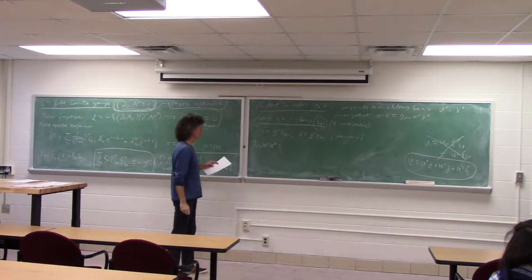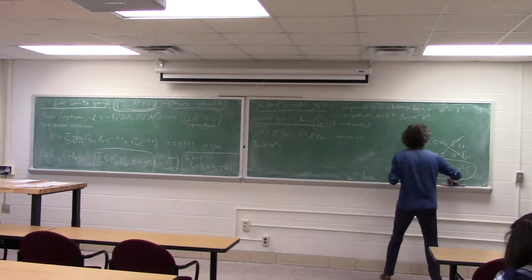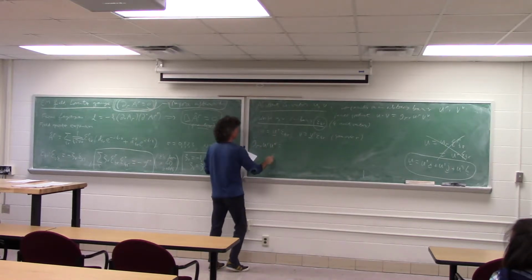The inner product of U and V. Let's just write it out in terms of these components. So these are components in an arbitrary basis. Let's write it,